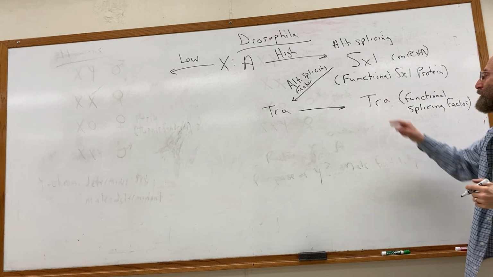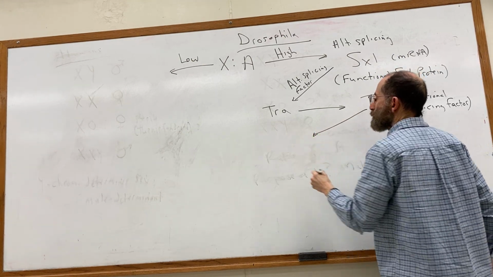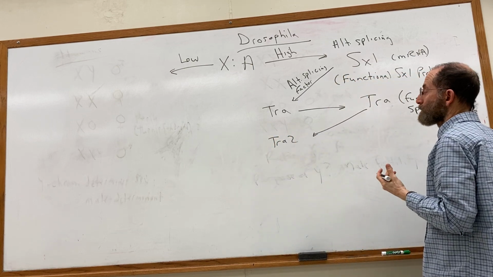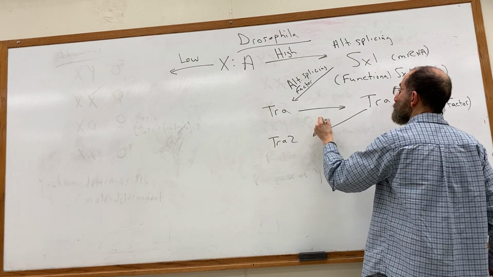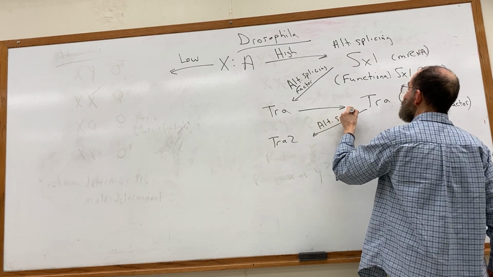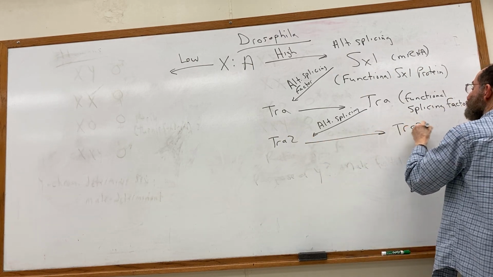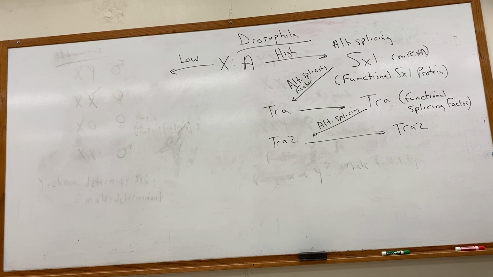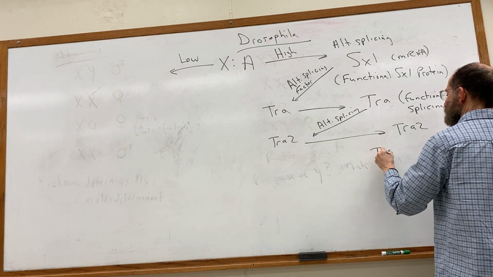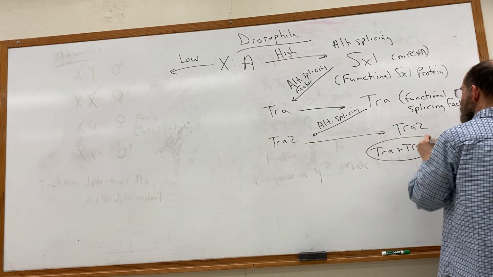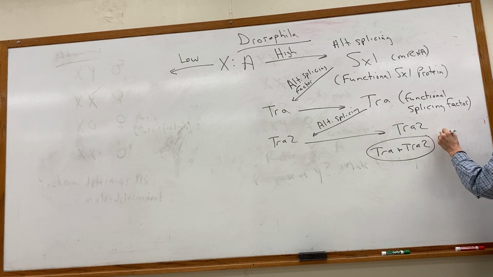And because that protein has been made, it's going to do alternative splicing of a second splicing factor component called TRA2. And once you have both of these proteins produced together, that gives us an alternative splicing factor